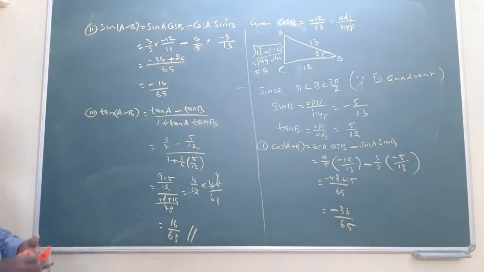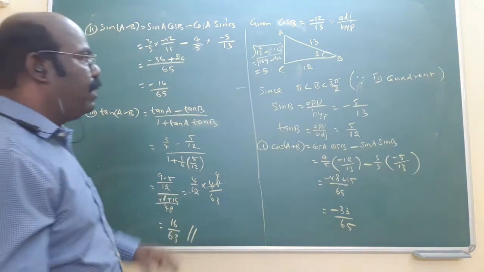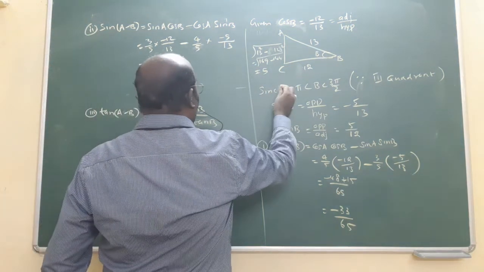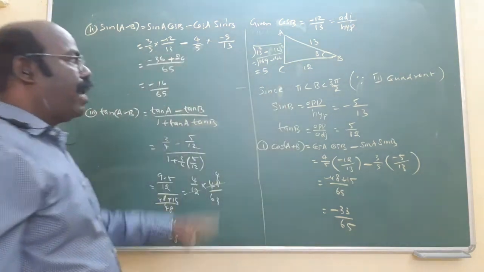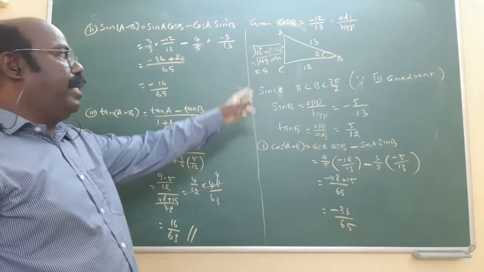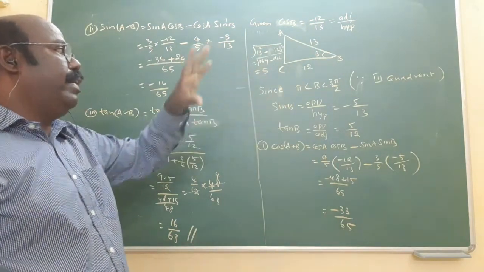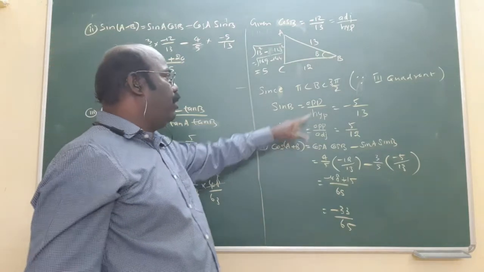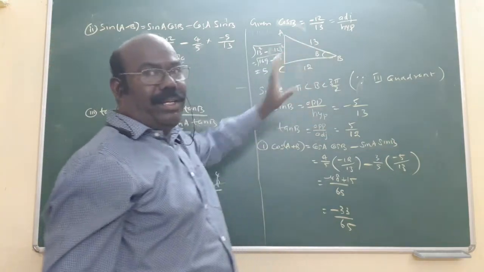In this way, you will find them one by one. This is also an important 5 mark question. Some mistakes happen in the calculation, a very, very important concept. This is alpha, not theta. Am I right? Since the angle lies between 180 and 270, that's why this is the third quadrant. In the third quadrant, tan is only positive; sin and cos will be negative.